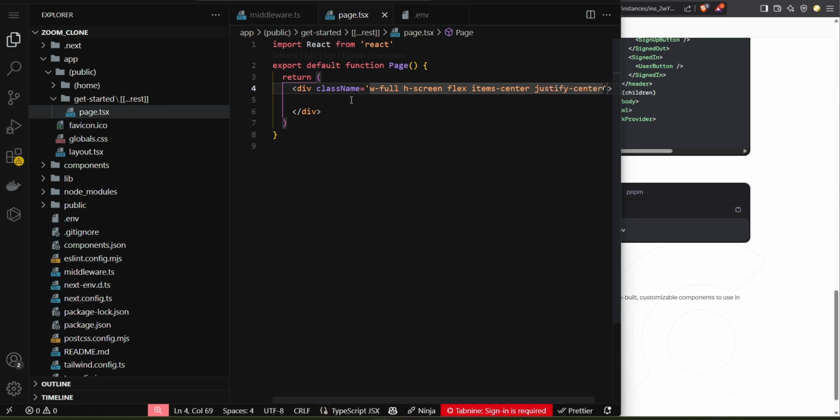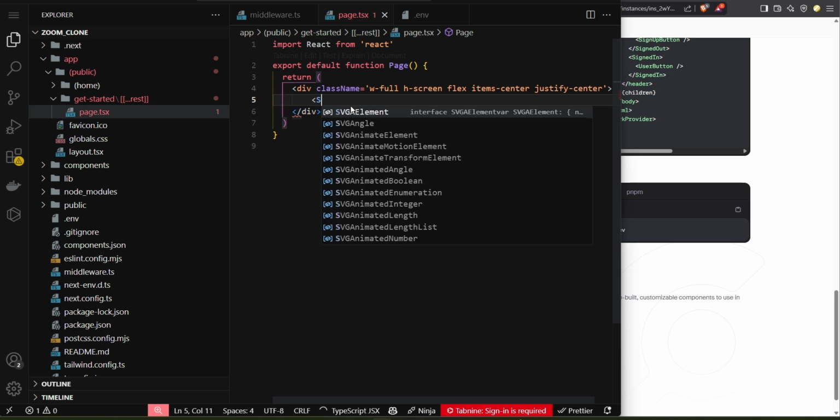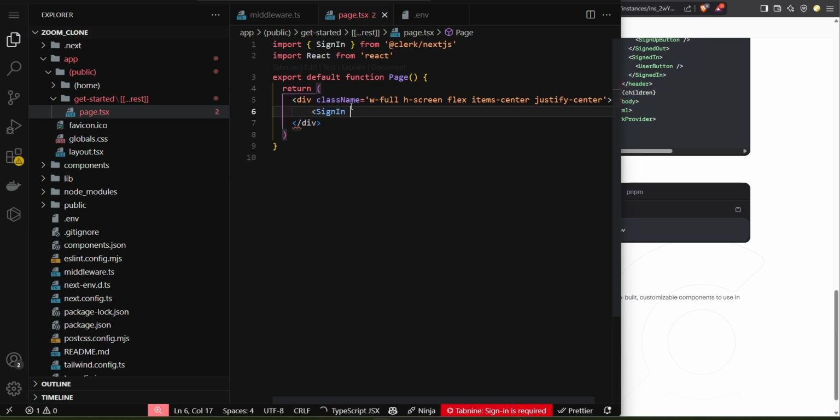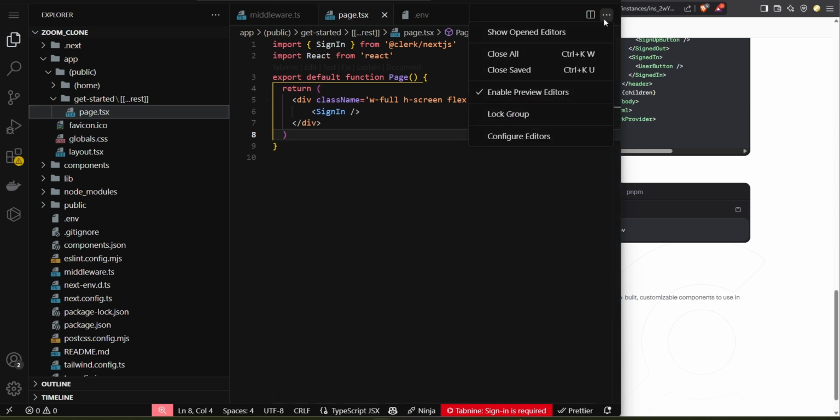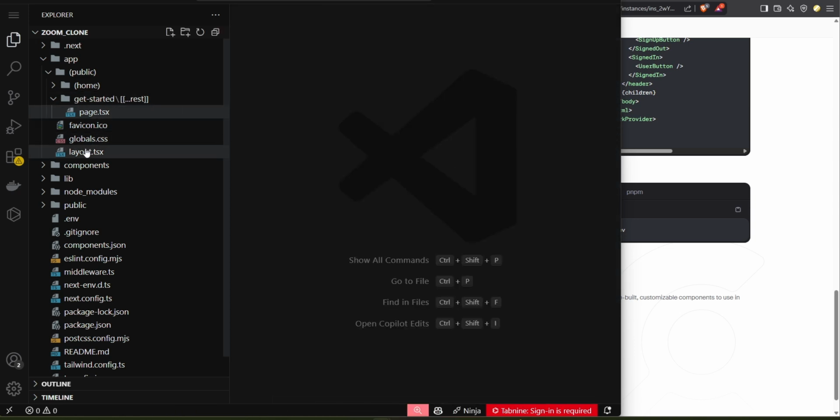So this is basically centering everything. And inside of here we are going to use the sign in component from Clerk. Believe it or not, this is it for authentication. So now I'm going to close everything